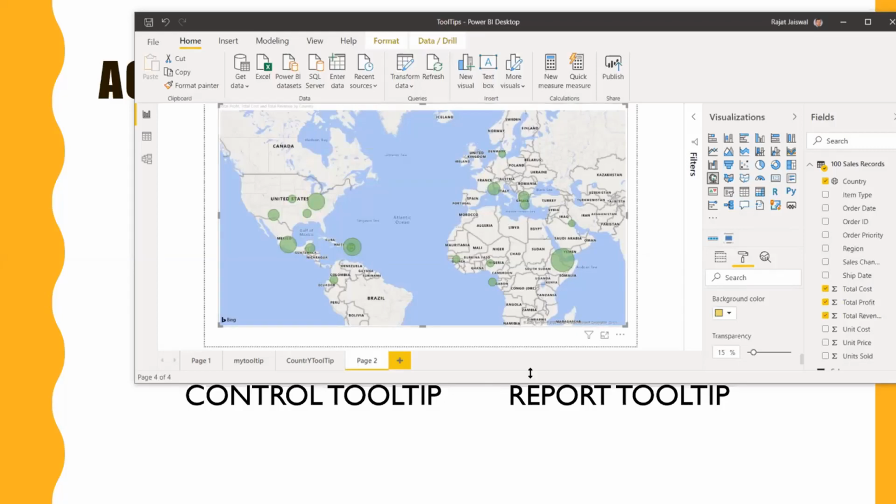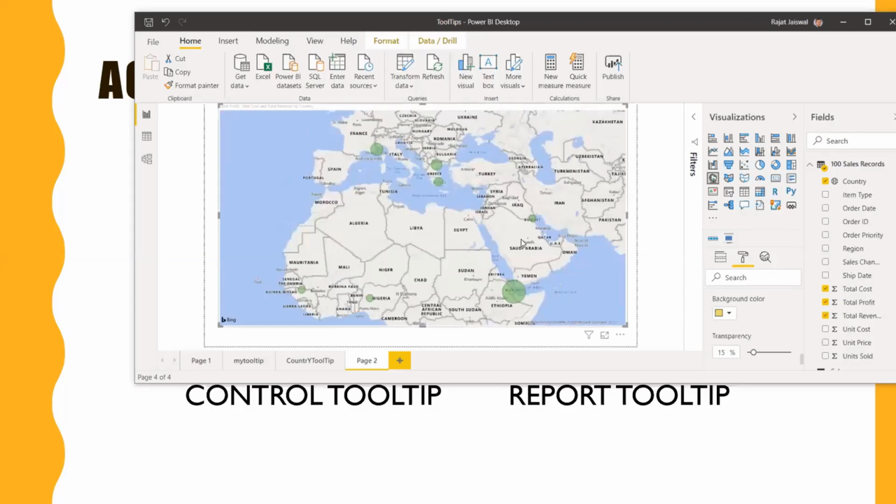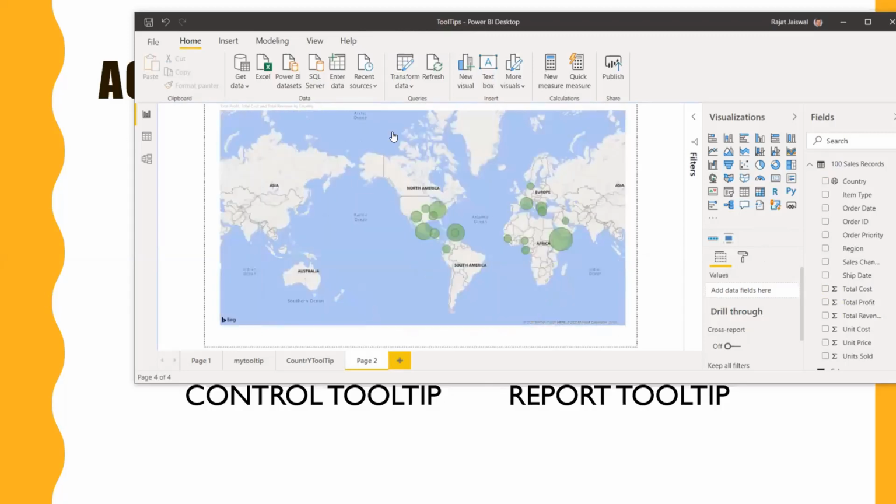The other thing which you need to take care of is that when you add this in your report, sometimes your report might be slow. So if you try to implement it, just check how feasible it is. So this is kind of like the control tooltip. When you hover over it, it's showing the data.